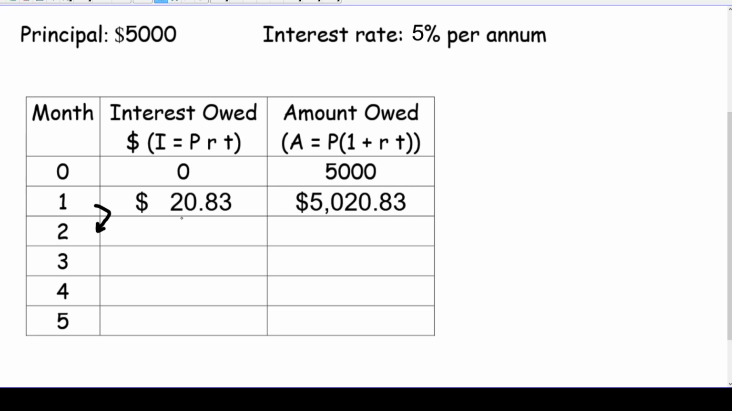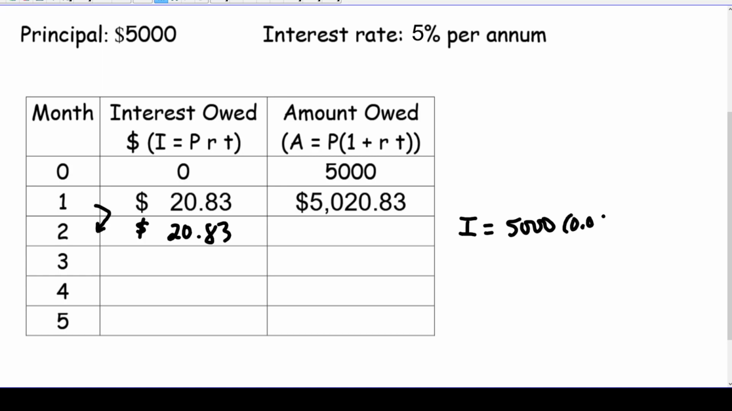That's correct. It's the exact same amount. And again, a little bit of foreshadowing, that's what makes this different than compound interest. Because to calculate the interest in the second month, we're going to go back to the $5,000. Doesn't matter that you owe $5,020.83 anymore. To calculate the interest, we're always going to use the original value of $5,000, which means it's always going to